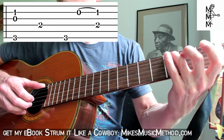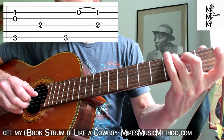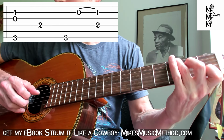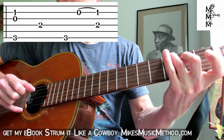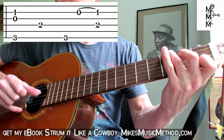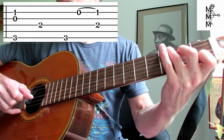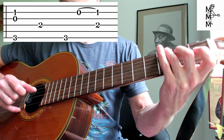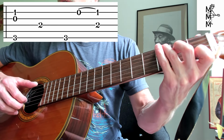So what we're going to do here... Oh, I did it wrong. So I'm going to hammer on open to 2 on that 2nd string. But the moment I execute the hammer on, I'm hitting the 4th string. Right, so the hammer-on's on the 2nd, but my thumb does the 4th the exact moment I hammer on. Giddy up, giddy up. It's an excellent move. It happens so much, and it's so beautiful. It's very unique to the guitar. So this whole measure,